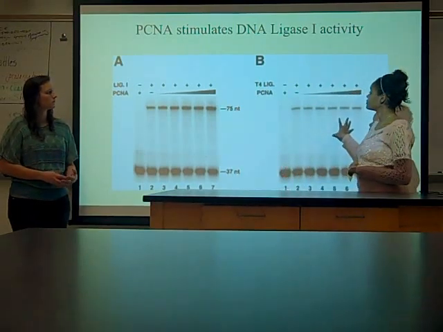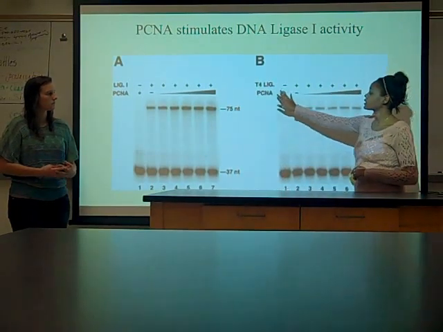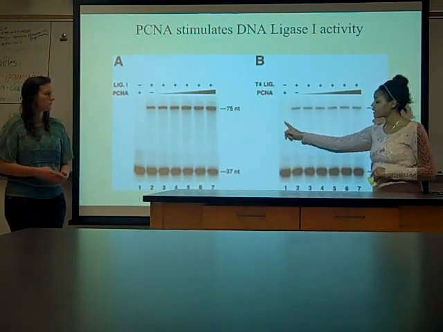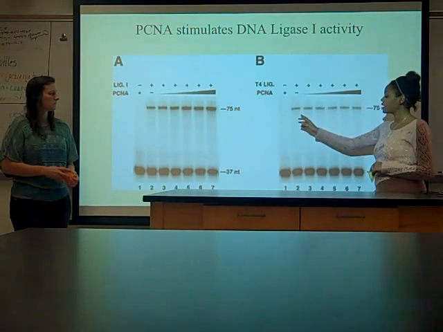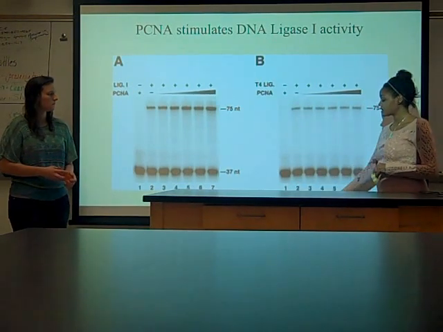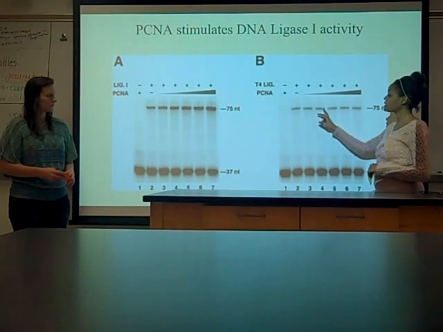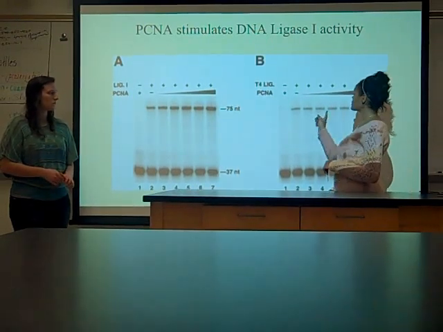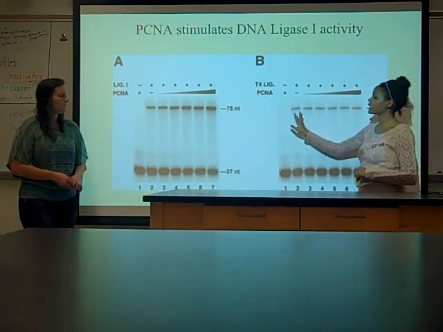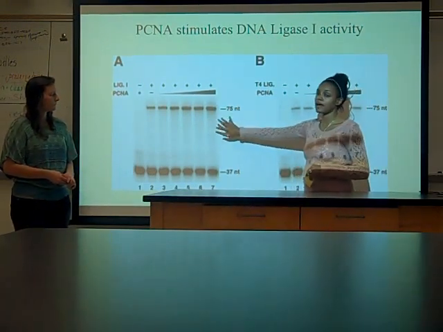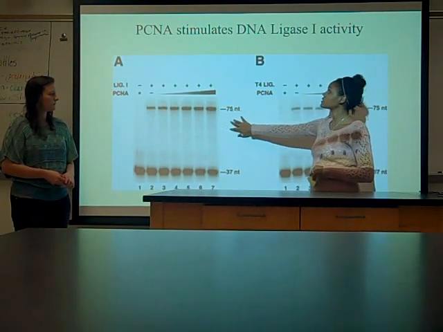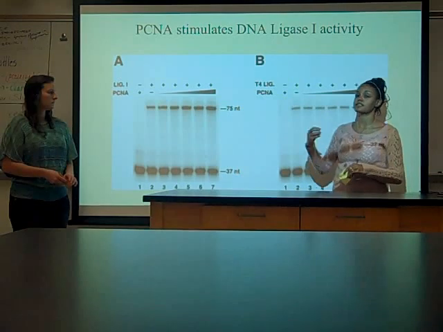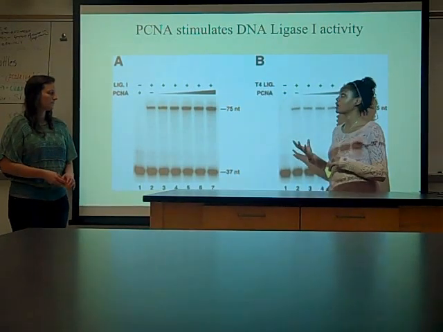So what they did in gel B is they took another ligase, noted as T4 ligase, and they did the same exact thing. Lane 1 had PCNA, lane 2 T4 ligase by itself, and then lanes 3 through 7 show an increase in PCNA concentration acting upon T4 ligase. If you just compare the product line here compared to here, you see that PCNA really does stimulate DNA ligase more than just any old ligase, and that's what they saw, that PCNA does have this specificity for this enzyme,